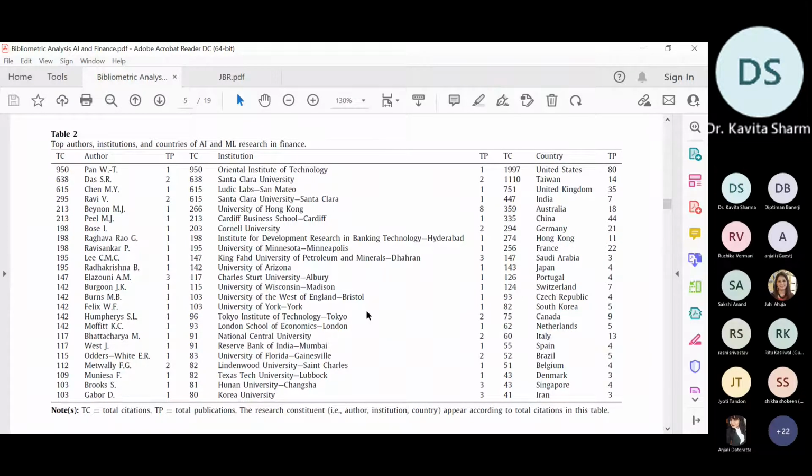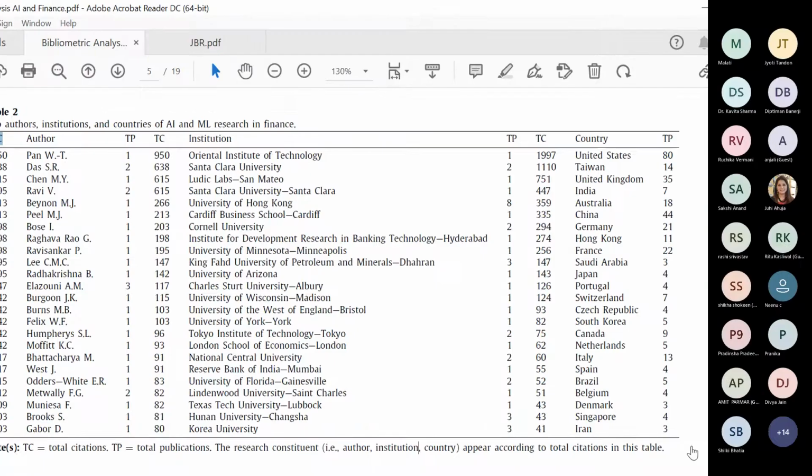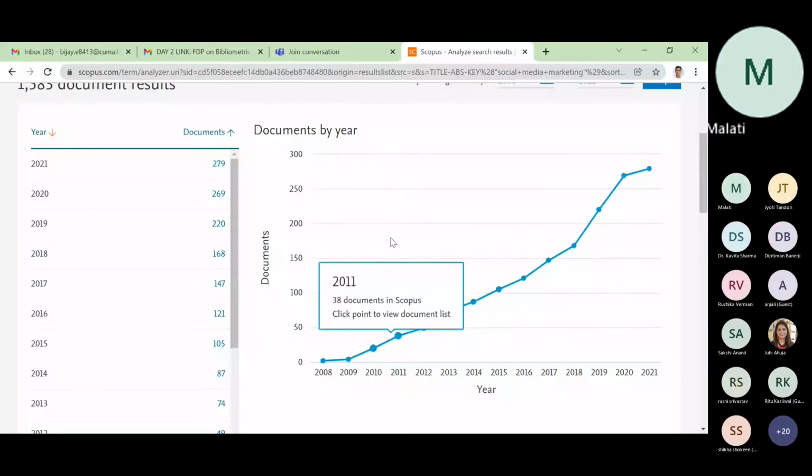Now the task of this can also be done from Scopus, but Scopus will provide you based on the documents, not the total citation. Let me show you that. If you take this from Scopus, see, this is the trend and documents by author.